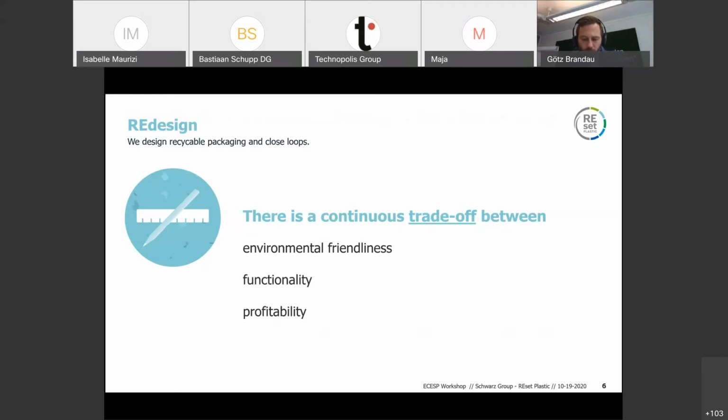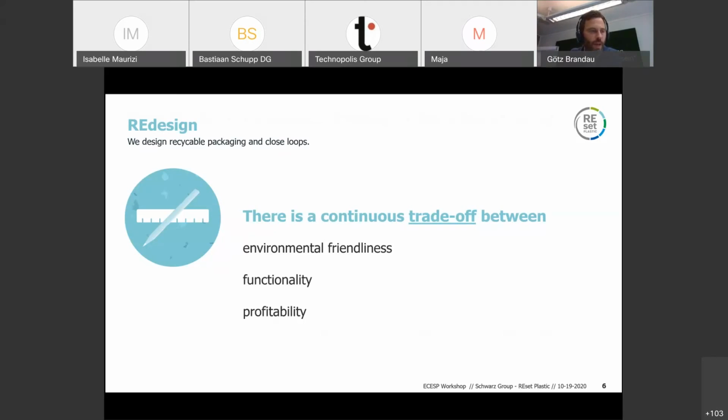The one for us as a retailer, when we redesign packaging, we need to meet different objectives. The one is we want to improve the environmental performance of our packaging. However, at the same time, it is essential for us that we maintain the functionality of the packaging, usually to protect the food, but also to increase the shelf life or to protect the product during the transport.